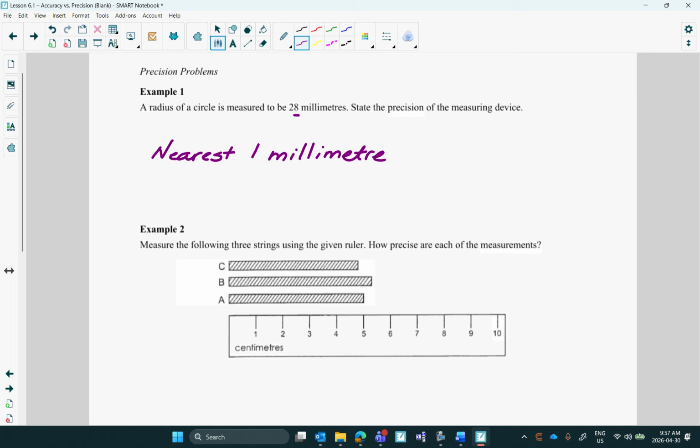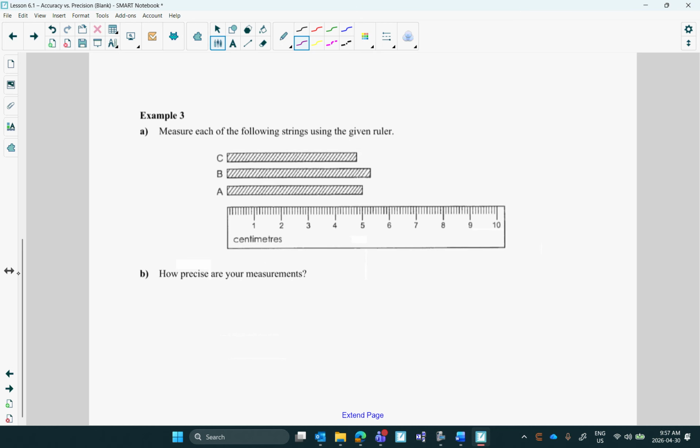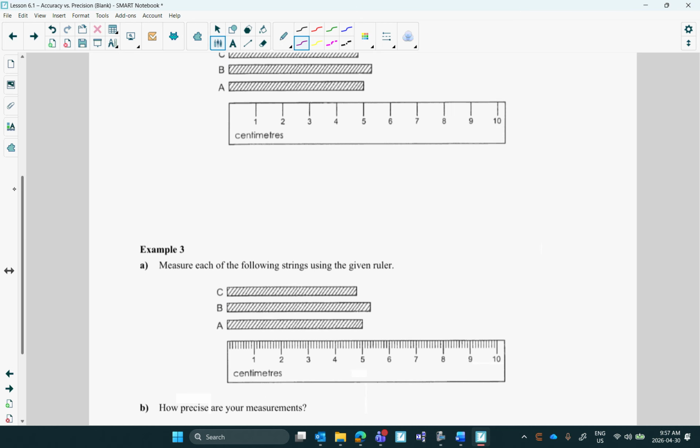If it was 28.1, you would say nearest 10th of a millimeter. If it was 28.75, you would say nearest 100th. You just read the place value. Okay, here, with these two,